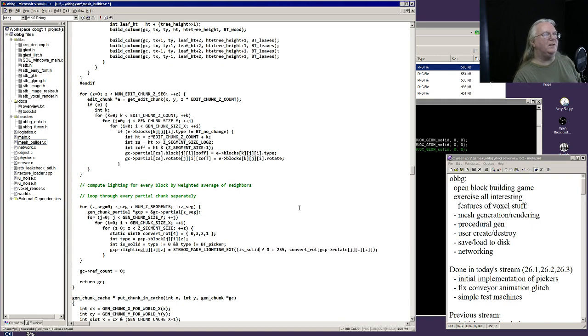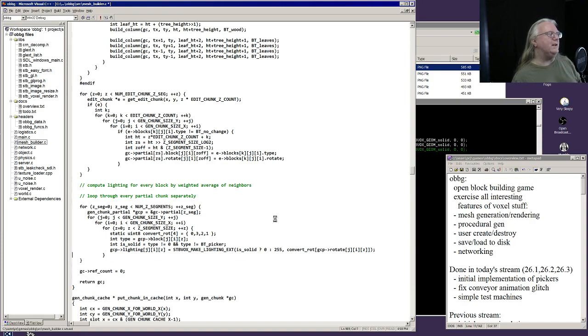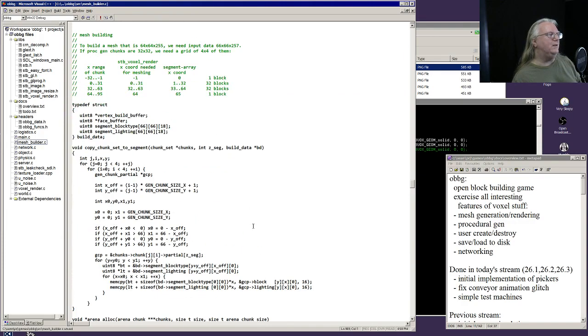Now the lighting can clear it. And then shoot, we still can't do it now. It's still, oh right, now if it's in the lighting, so now when we actually generate the voxel data, copy